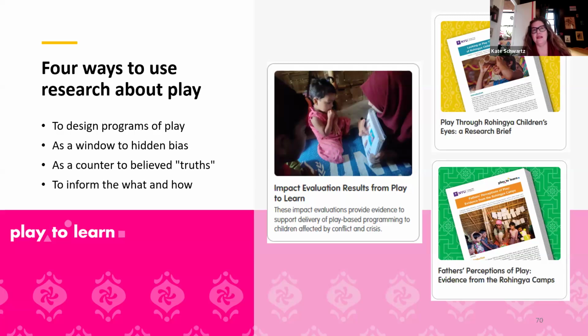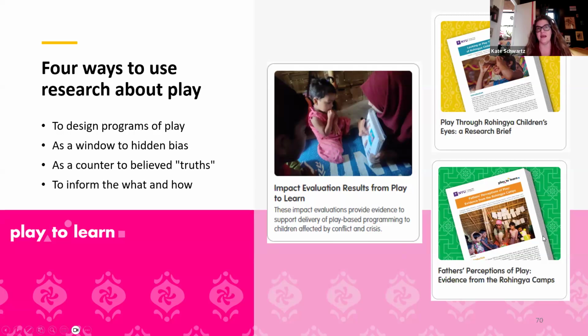Sarwat spoke about how play itself preserves culture. Well, research can also play this role of preserving culture through helping align programming to the community needs, the community values, and the community goals. For example, when we began our father engagement work with the Rohingya population, an early goal of the research was to, in close consultation with Rohingya fathers, learn more about their context and their needs in order to tailor both